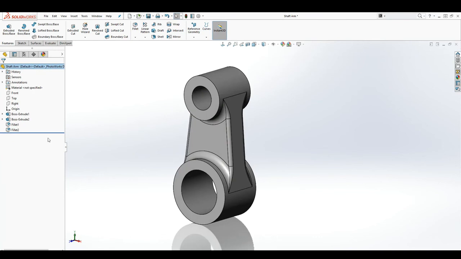So now that's pretty much everything you need to know about the Feature Manager tree. It has your planes, it has your origin point, and it has the list of features that are used to